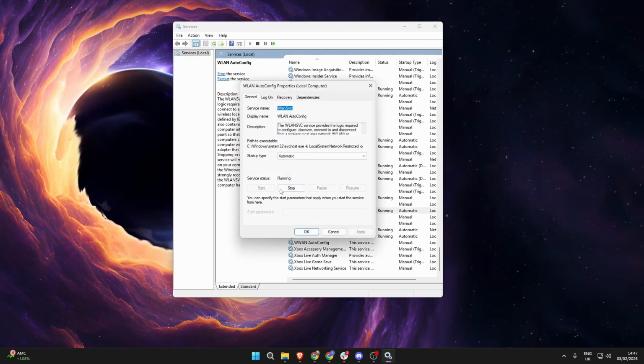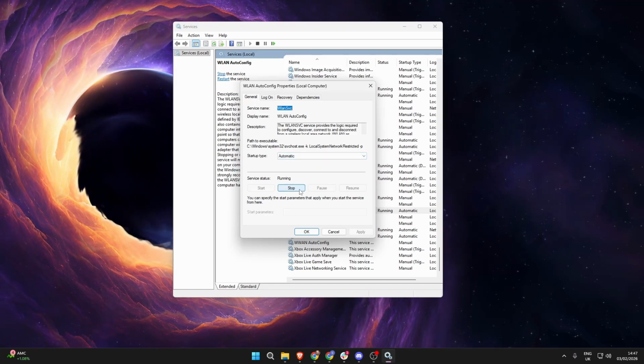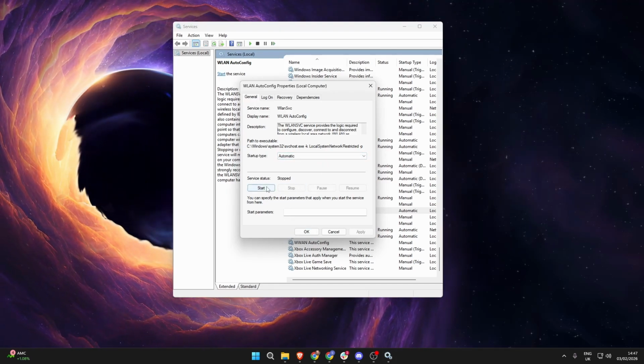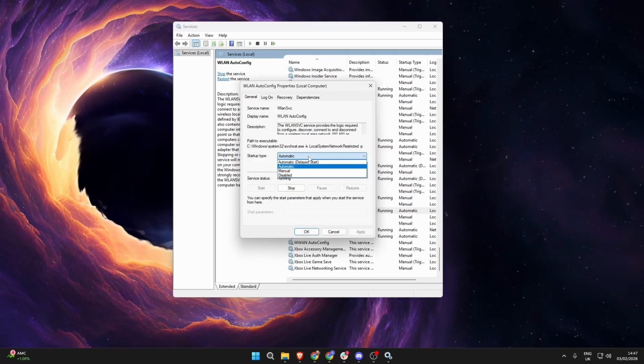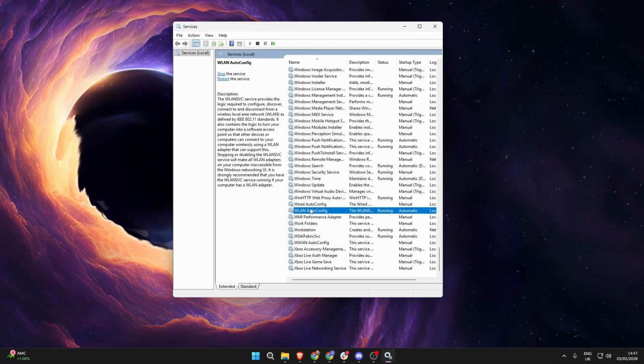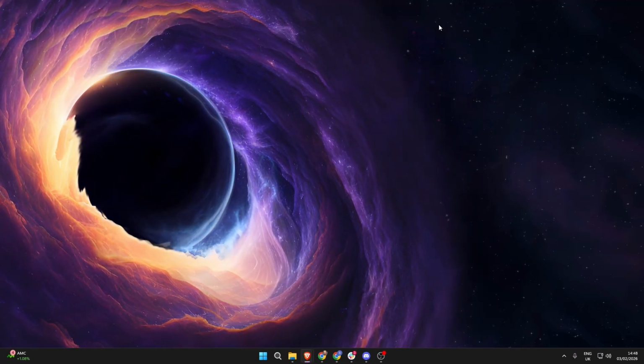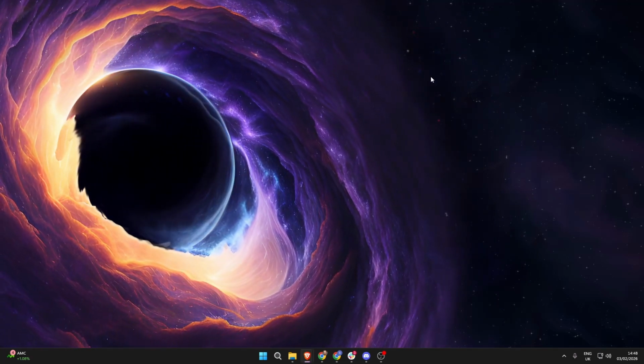If it is not running, just click the start button. But if, like me, it's already running, what you need to do is press stop. And once that has stopped, you want to press start again and ensure that the startup type is set to automatic. Then press OK. From here, right click on it and then hit restart. If this first fix hasn't fixed your issue, the next thing we need to do is head on down to